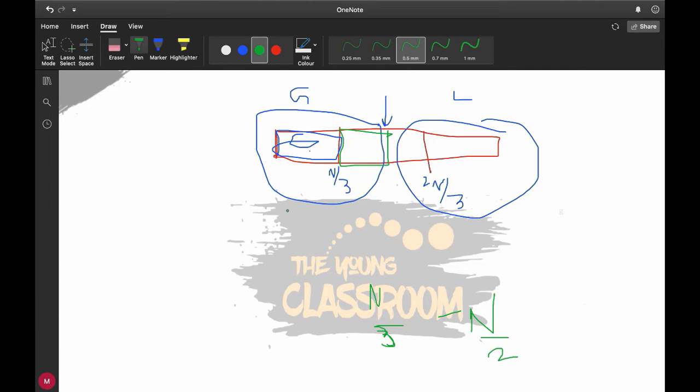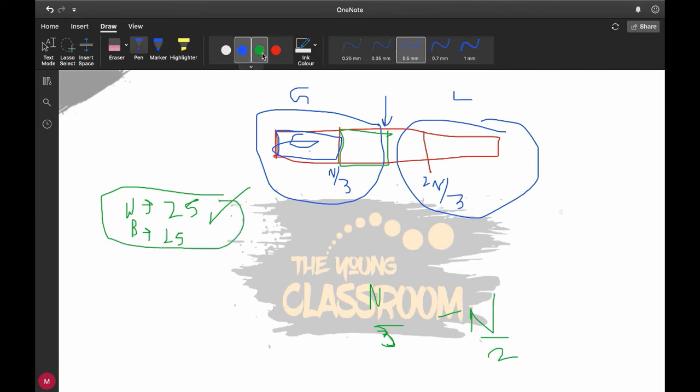In the previous approach, in the worst case we were cutting off 25% of the area, and for the best case also we were doing the same thing, 25%. This was the previous approach.